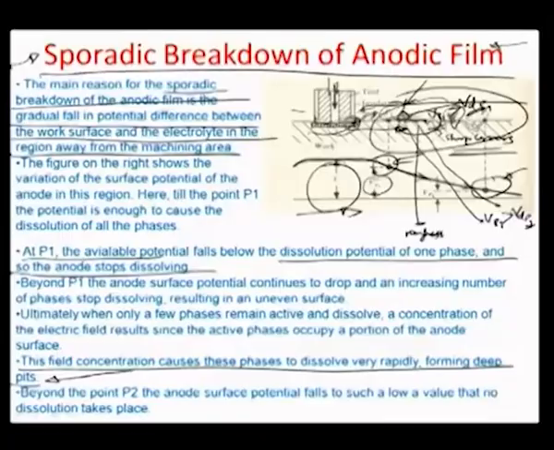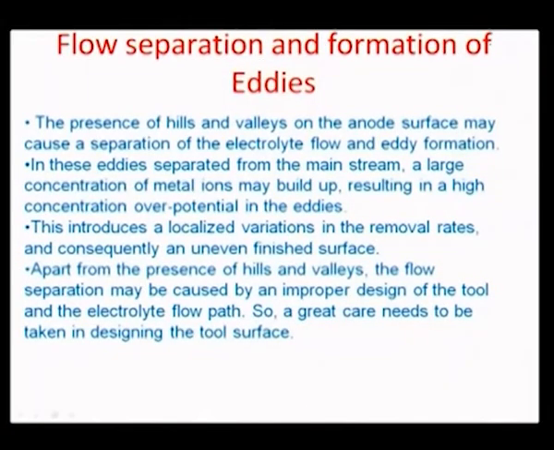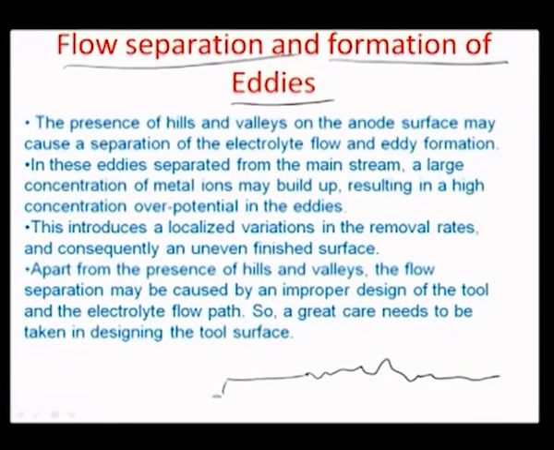The other important factor which is responsible for the creation of surface roughness is the formation of eddies and the separation of the flows. Supposing there is a rough surface which has been created because of the selective dissolution of the field due to an electrochemical tool, it is always proper to assume that there may be a case of local circulation, particularly when the electrolyte is flown in both the directions like this. So, the electrolyte flows over the surface, and there are these cases of local circulations which